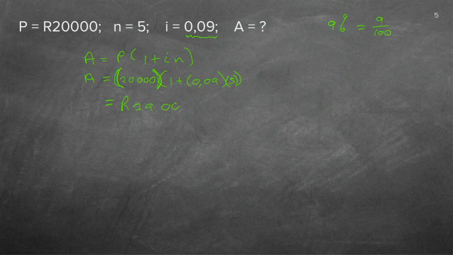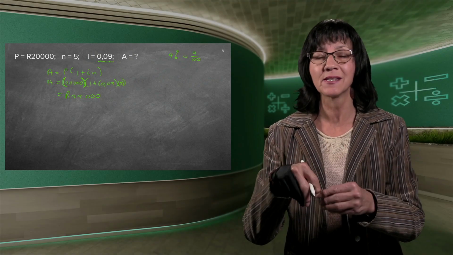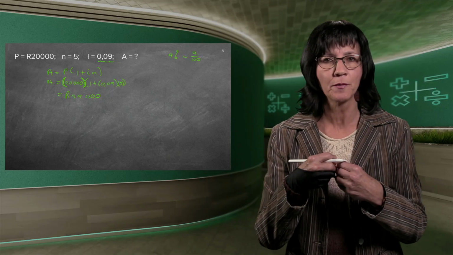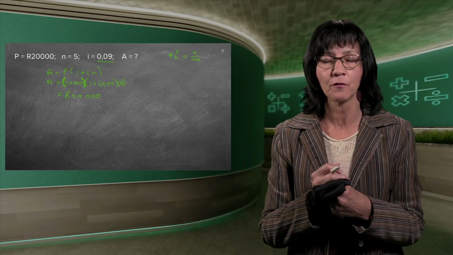29,000. Now remember, I always say you have to check your answer. Just basically, you don't have to redo the sum. You just check if it's possible to get an answer like that. Now, if you start off with 20,000 and you're going to gain interest, because remember, this is now an investment. It's not that you borrow from the bank. You put the money in the bank and you want more money back at the end because you want to pay for the varsity fees.